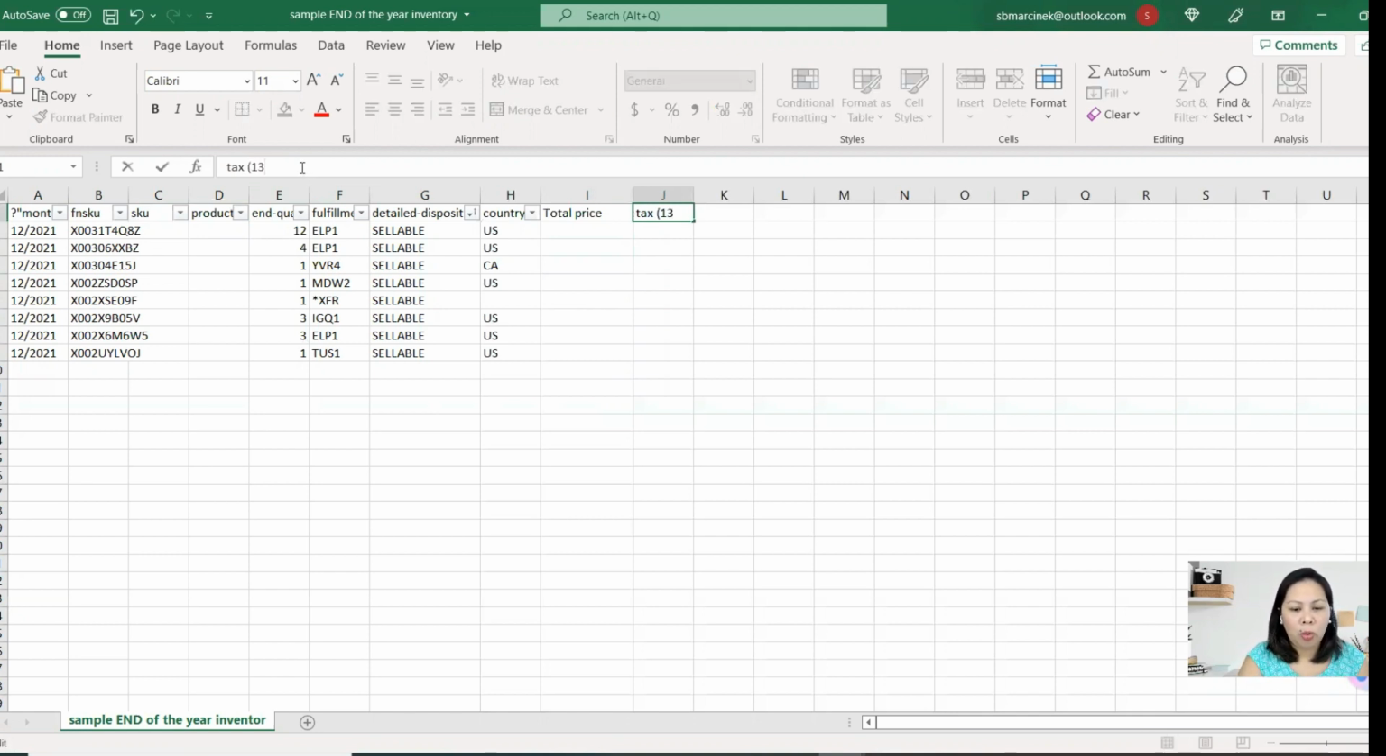The reason why we always take out the tax is because of GST submission also. Okay, so tax is 13%. So total price, okay, we're going to be here. So you need to